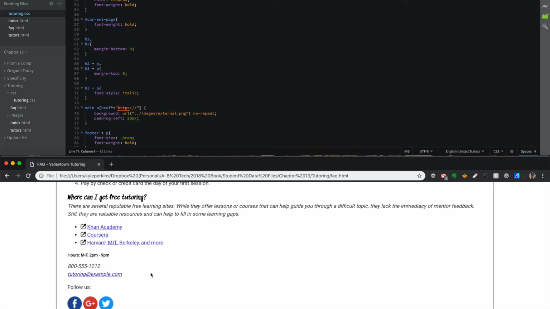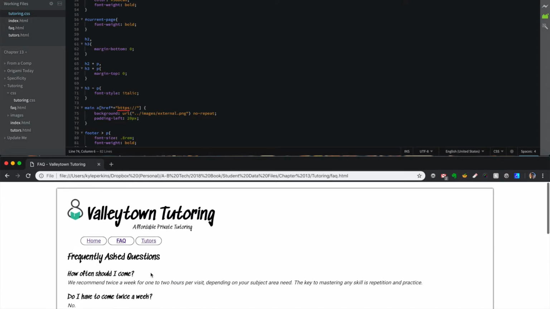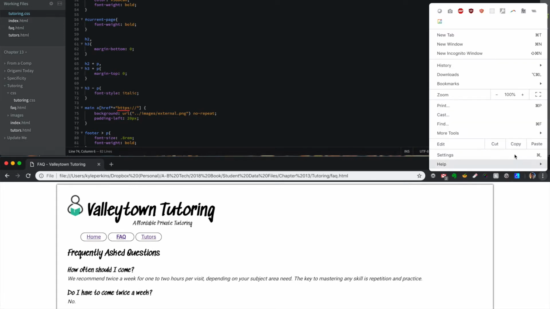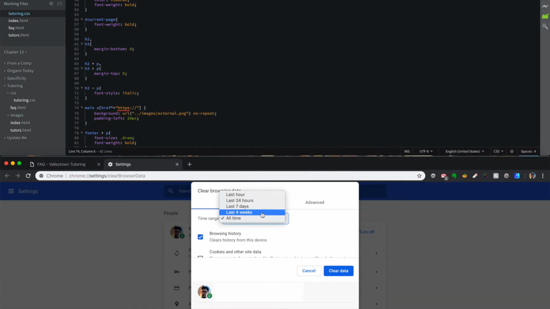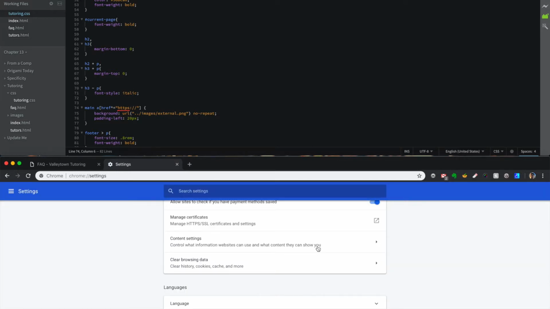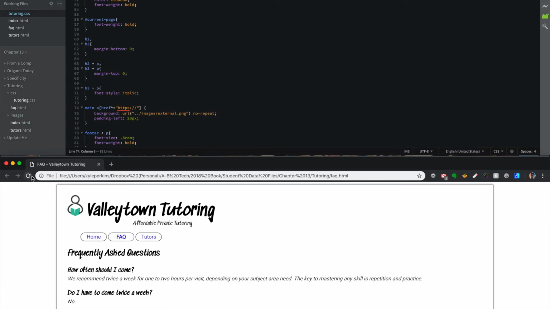Yay, next we're doing pseudo classes. So what we're going to do first is go into our browser settings and modify our browsing history so that we can actually work with these links. So go into your settings. Let's see, triple dots, more tools, clear browsing data. Once you're done with that, close the settings, refresh this page, if it didn't already,